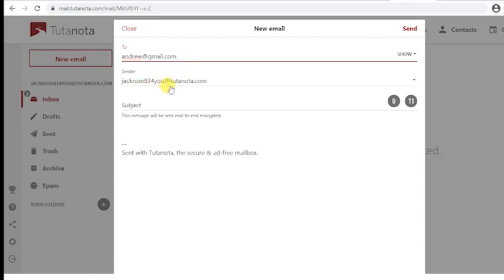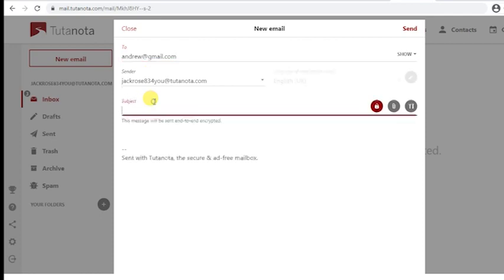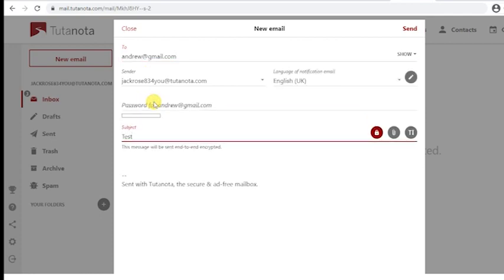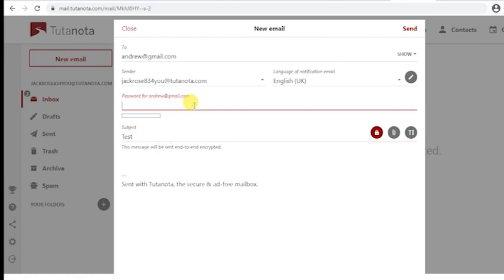So I'll just try to send an email to gmail.com. I'll type a test case. So sender, and I can give a subject, and this password for Andrew means the email will be compressed and encrypted.